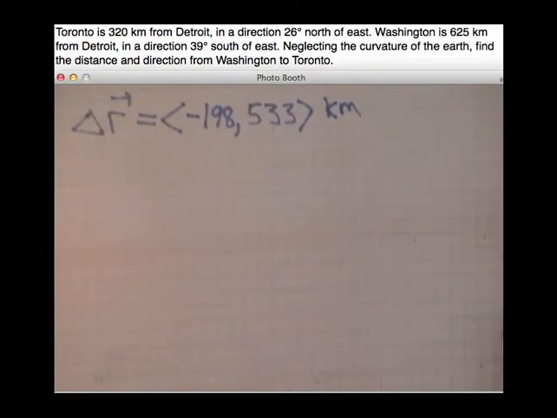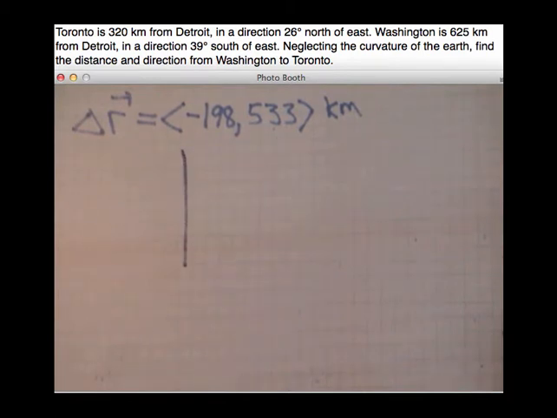Okay, so we're almost done. Our result, remember, is that the displacement from Washington to Toronto is represented by the vector delta R, which in Cartesian coordinates has a value of minus 198, 533 kilometers. But the question asks us for distance and direction. So that's the English language's way of saying, I want your answer in polar coordinates. So we just need to convert our answer into polar coordinates. So I'm going to do that with the help of a little drawing here again. I'm going to draw another